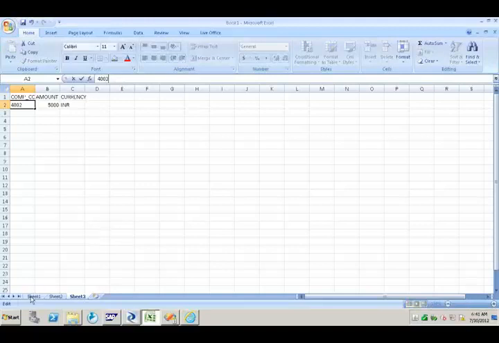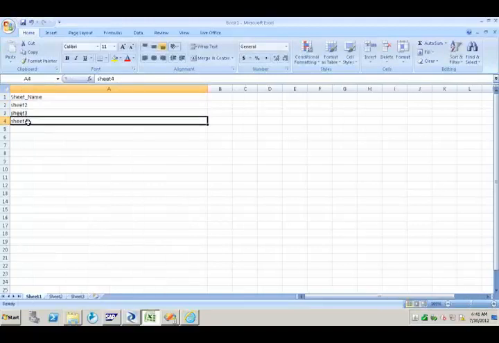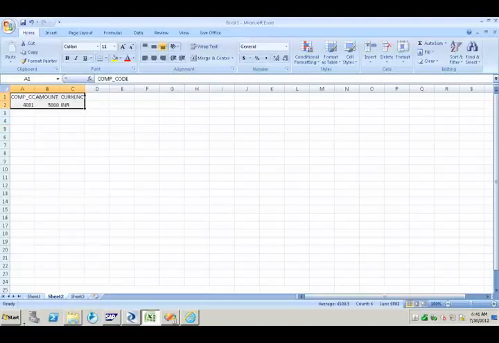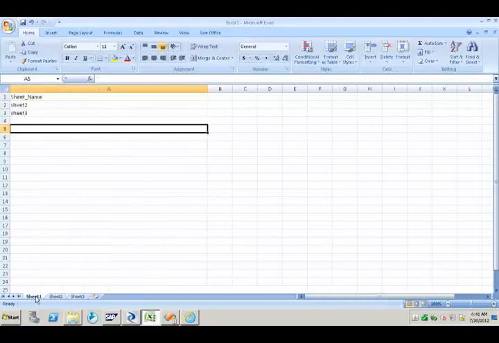Now I am having the data in two sheets, sheet 2 and sheet 3. So we should have that sheets information in one particular sheet, so that we can process all of them at a time.